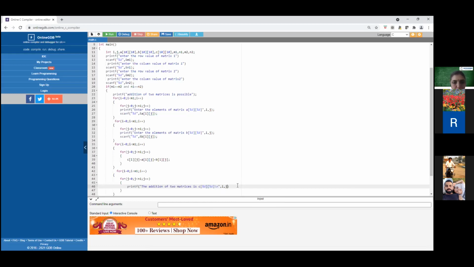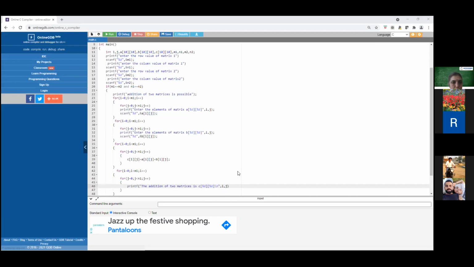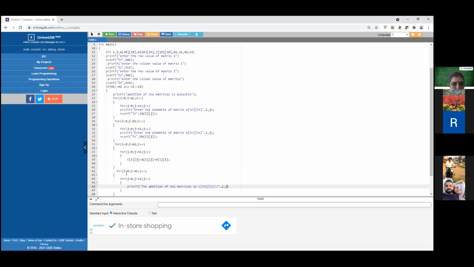Print the addition of two matrices, right? So I need to read the value of all the two matrices. So C of 1 comma 0, 1 comma 1. So what is going to be the value over here, right? That is what is being given over here. So for printing, the addition of two matrices is, for i is equal to 0, for i is equal to, printf, the addition of two matrices is